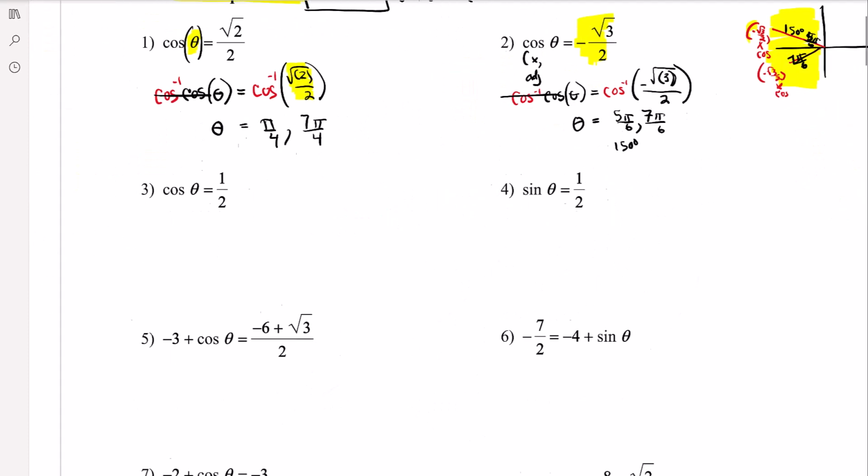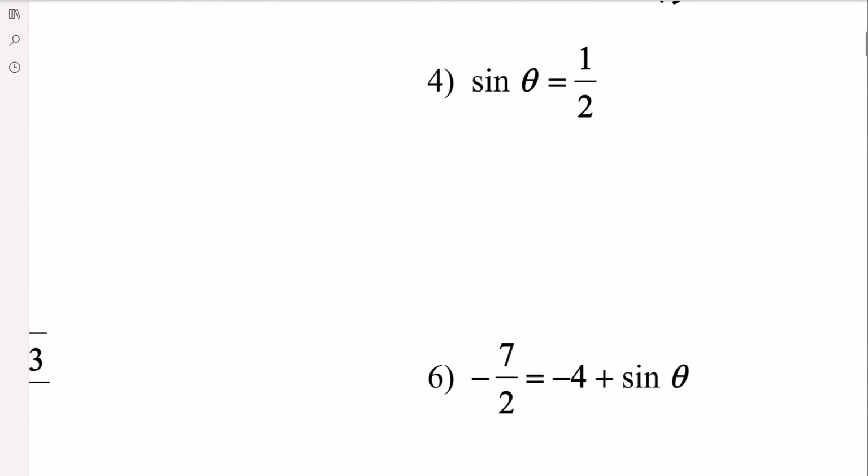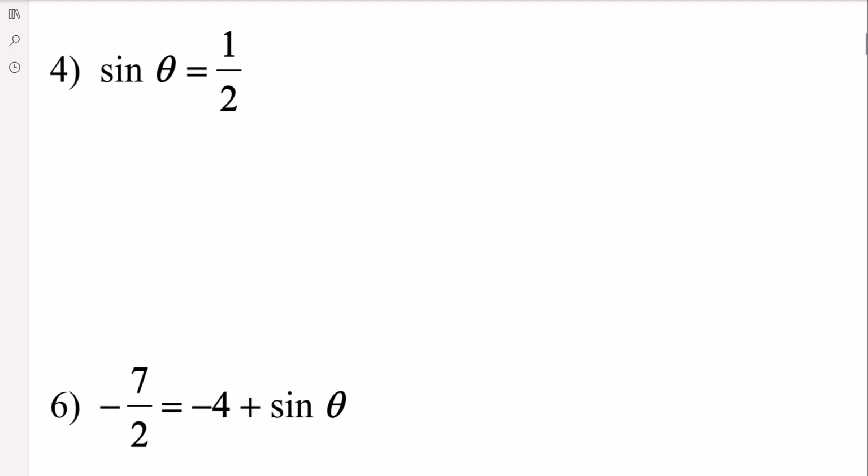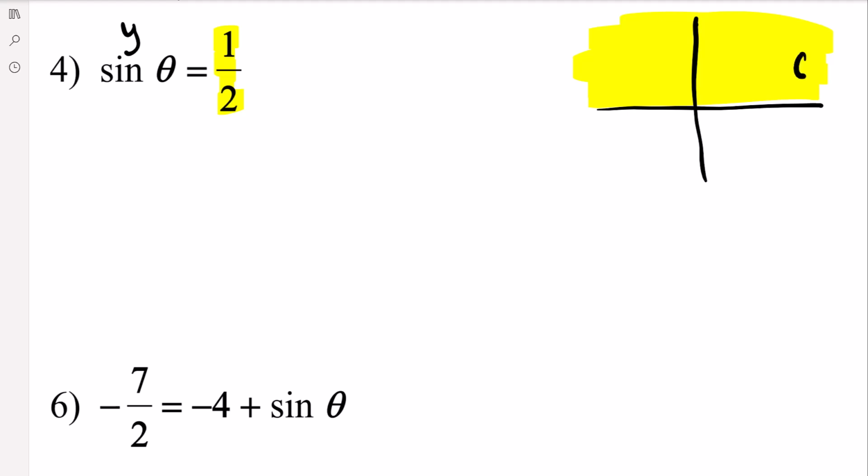Okay, now let's come down here. We've done cosine. Let's go with sine now. The sine values are the y values in the coordinate points. First of all, the y values are positive above the x-axis, so in the first and second quadrants. The y value is a positive 1/2 right there, and a positive 1/2 right there. Well, that's easy. That's going to be the 30 degrees. Yep, that's right. But on paper,